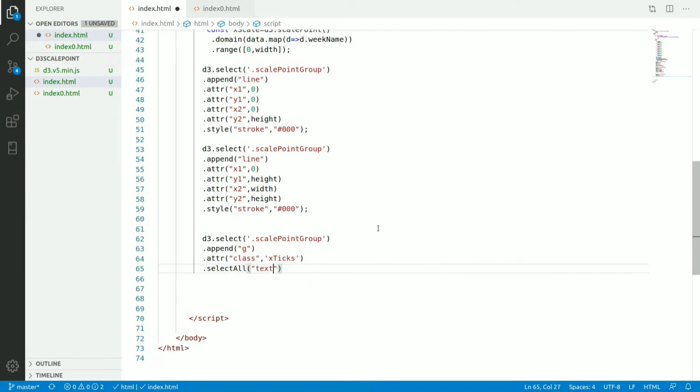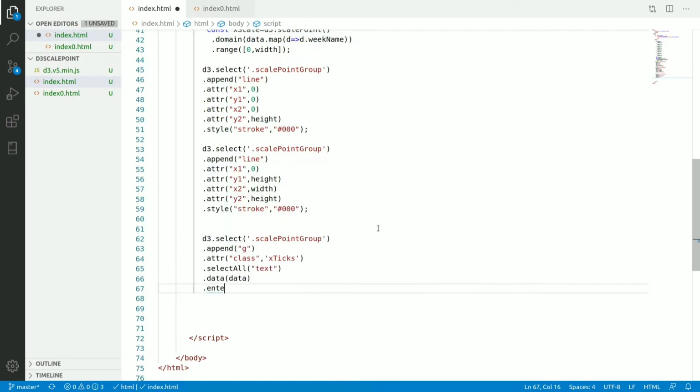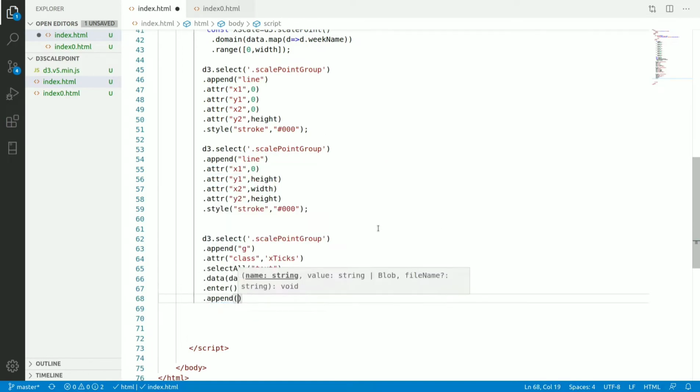I want to append the text, so I have used selectAll, data, and join, that is my data, enter, append.